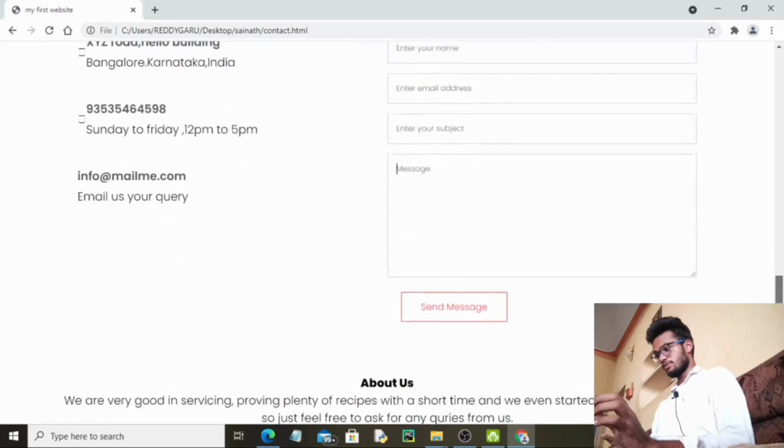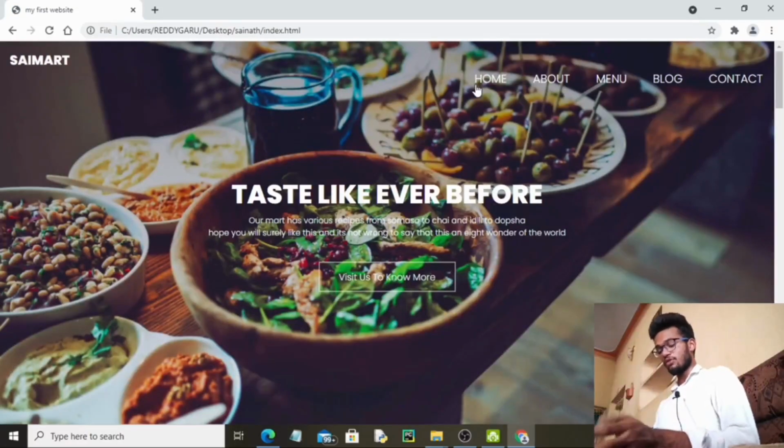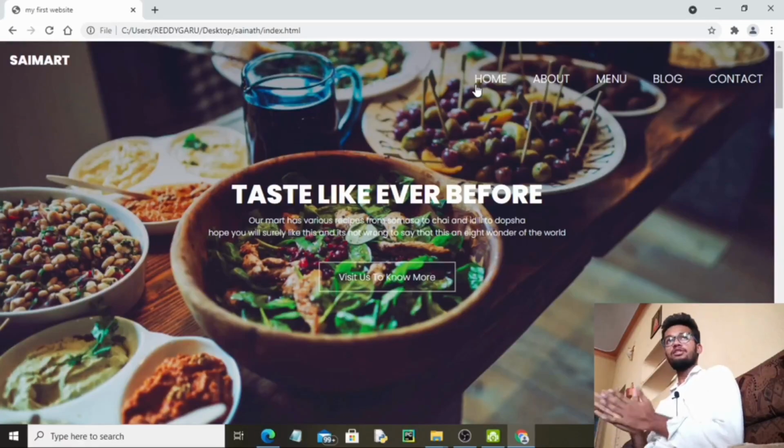It's not just that you learned coding today and built this website. It takes a lot of effort, and you must be very consistent. You should be learning on a daily basis. You should set aside a certain time for coding if you want to excel in that field. Building a website is quite easy, but many of you find it hard because you don't get started. Rather you just keep on learning languages, but you never start doing projects. When you do a project, you will understand the place where you are going to implement that.